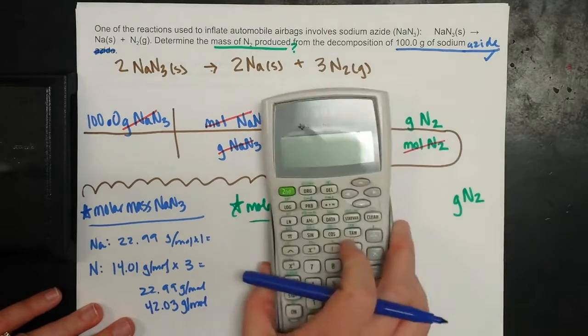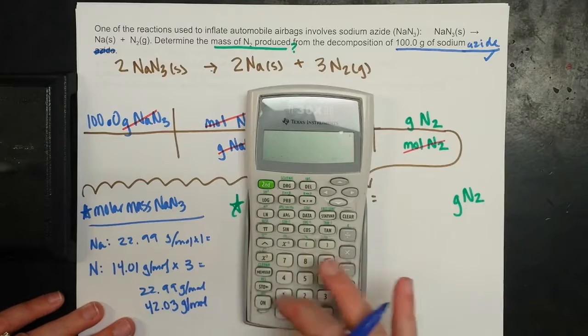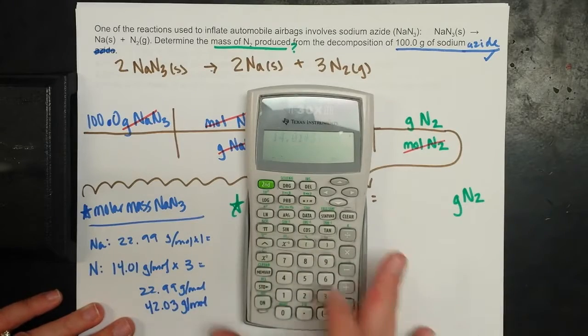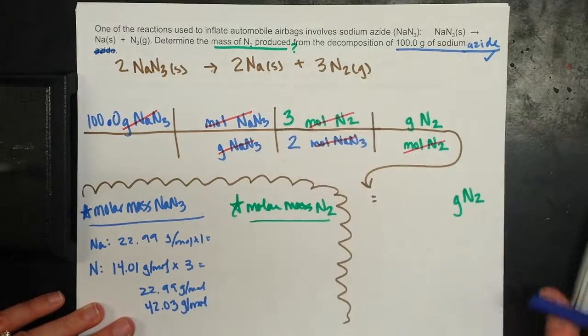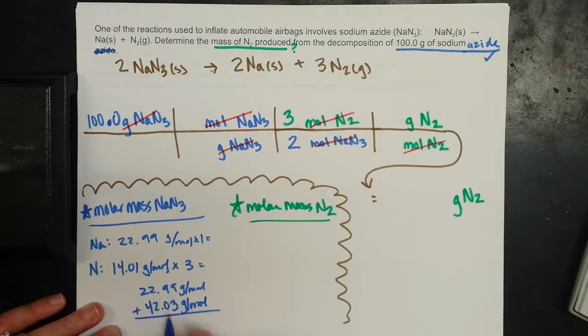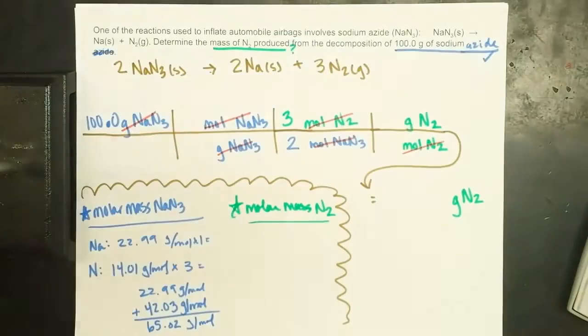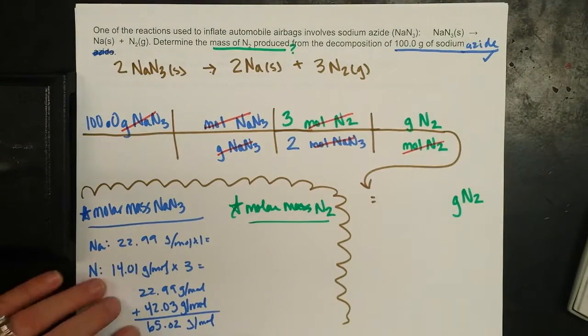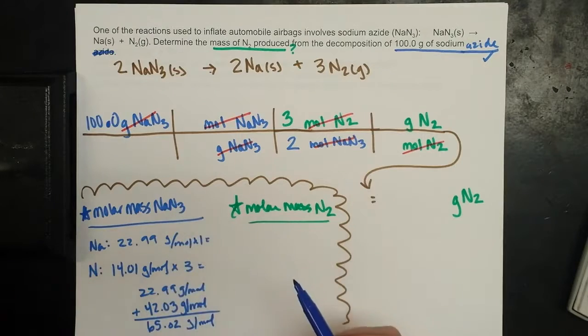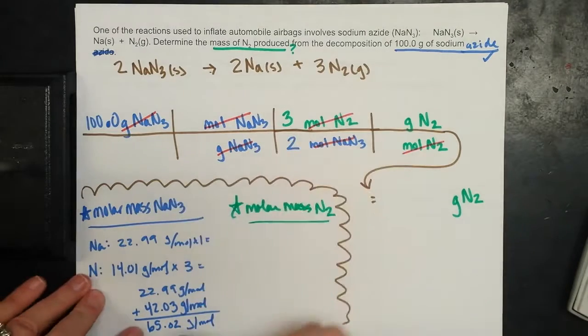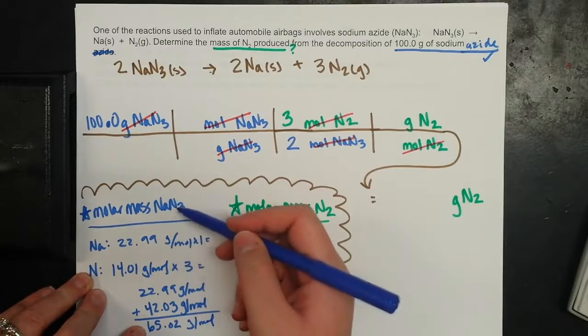Sometimes I don't trust myself, and some of you guys might be like, what? So let's do that. Okay, if I add the 2 of them together, I should get something 0.02. Okay, so that's going to be 1, so 5, so 65.02 grams per mole is the molar mass of sodium azide, okay,